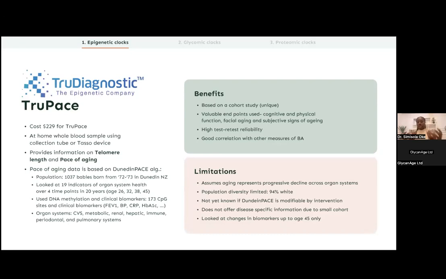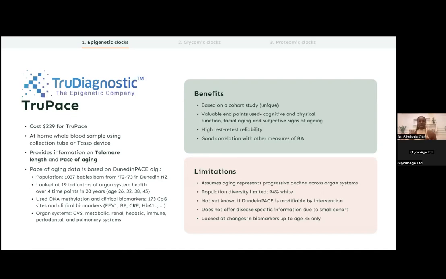It's quite a unique study that they've done, and I will give the bullet points on it. It's a fascinating study in that they've used a cohort study. So they followed people over time and looked at how their organs have aged. TruePace is another test offered by True Diagnostic. It costs about $229 for the test. In this test, you typically get your telomere length, and also this pace of aging, which is again calculated